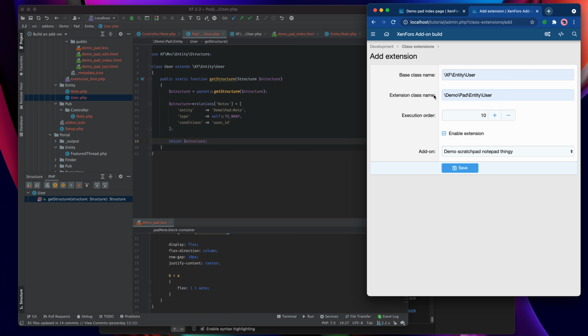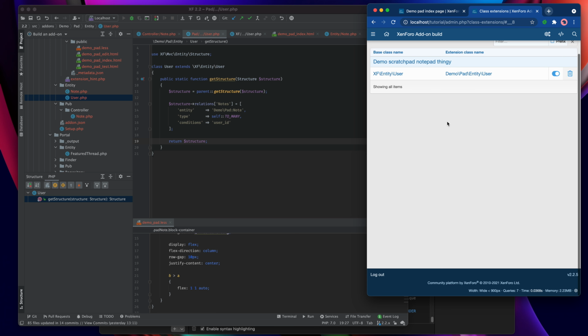What this is saying is it's going to glue that extension onto that class, and whenever we try to instantiate that class, it will actually create a version that is extended by this and any other class extension that also tries to extend XF\Entity\User. So let's save that out.